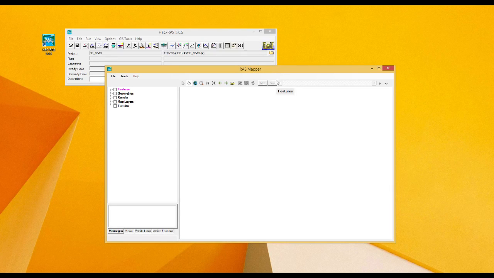Okay, so if you want to see more details about RAS mapper, you can click Help, and then RAS Mapper Help, which you can use for more details. Okay, also